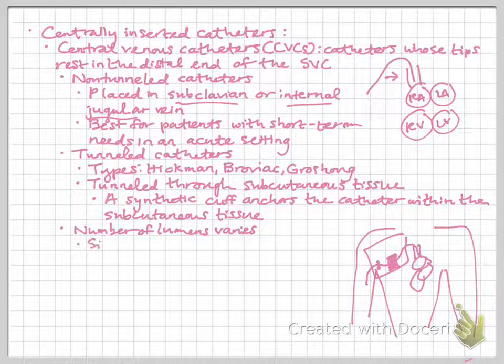So single lumen, double lumen, or triple lumen. And as I said before, some of them may be used for CT, so you're not going to be able to use that to infuse fluids or anything like that. With the multi-lumen catheters, sometimes you'll get those central lines that clearly state what each lumen is for in tiny print. Otherwise, you would have to label them. Incompatible drugs with multi-lumen catheters can infuse in separate lumens without mixing, while the third lumen gives access for blood